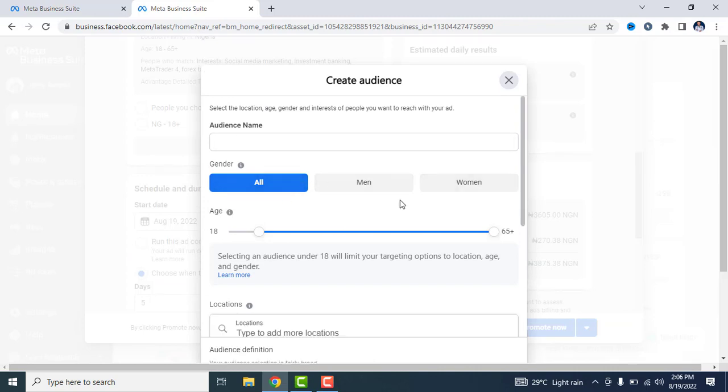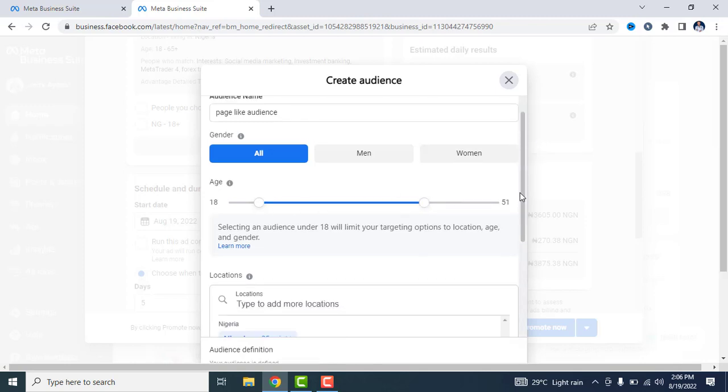If you want to name the audience so that you can also use it another time, good and fine. But let's just say page like audience. Gender all, age 18 to 65. So I think I used somewhere around here. Then